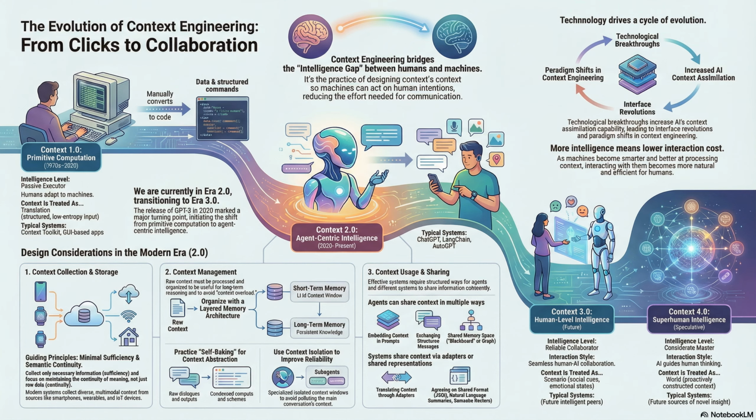Okay, and the second principle. The semantic continuity principle. This is about maintaining the flow of meaning, not just data. If I switch from my laptop to my phone, the system should know the conversation is continuing, not just that the device ID changed. Right. But how do they store all this? Because if I have a conversation that lasts for weeks, that's too much for the window.